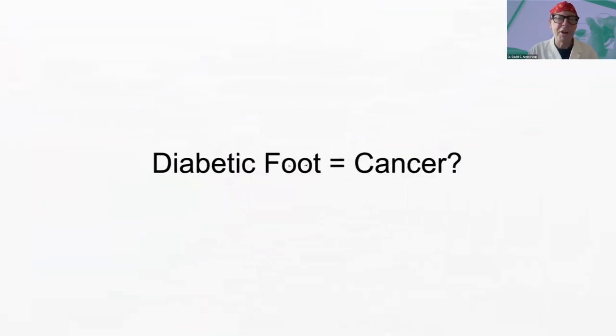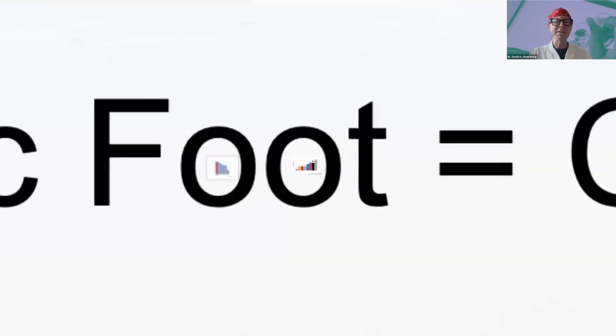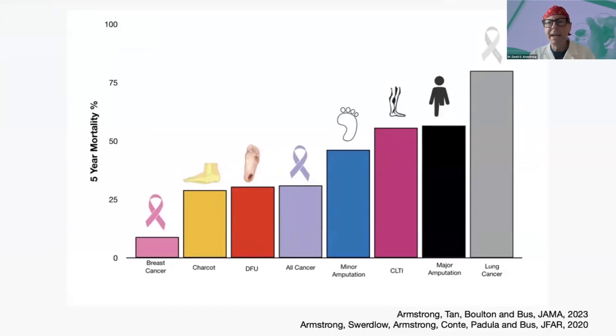This analogy is often made, the foot being compared to cancer. We've made this over many years, and it's not fair to compare one terrible thing to another. But the fact of the matter is that if we just look at mortality, these data have been widely reprinted. You see that it really is comparable. These problems that we see, foot ulcers, limb-sparing amputations, CLTI, and major amputations are at least as bad as a